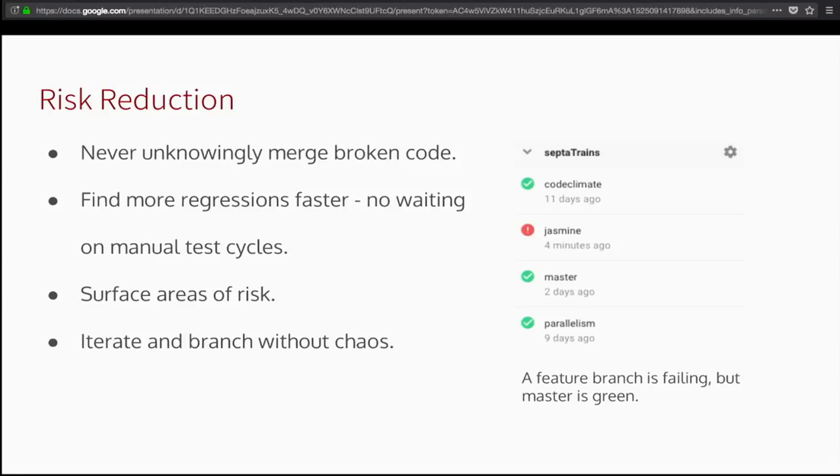Well, what CI can do for us is a little bit twofold in the realm of risk reduction. On the one hand, we're never going to unknowingly merge code that's broken into our master branch or push it to production, because we'll know as soon as we commit that code to our version control system that it is in fact broken, and we can take action to repair that. We can also bring up areas of major risk within our code before we start doing those merges or progressions through a series of sandbox environments towards production. So we try to surface bugs early and get them fixed as early in the development process as possible.